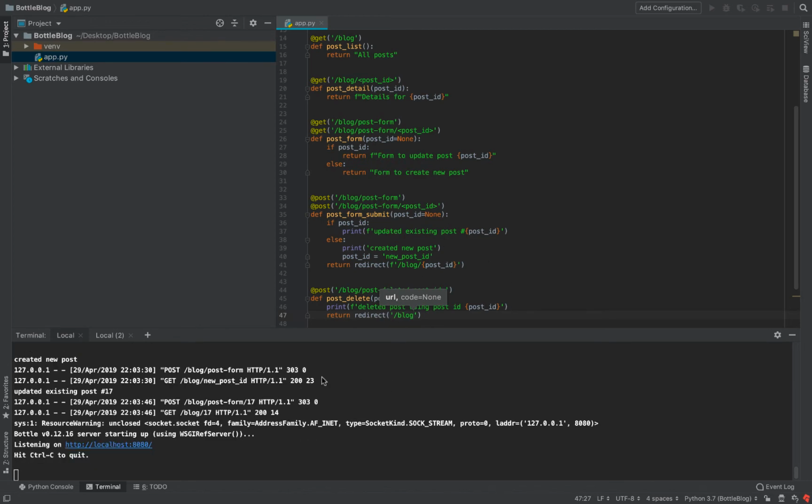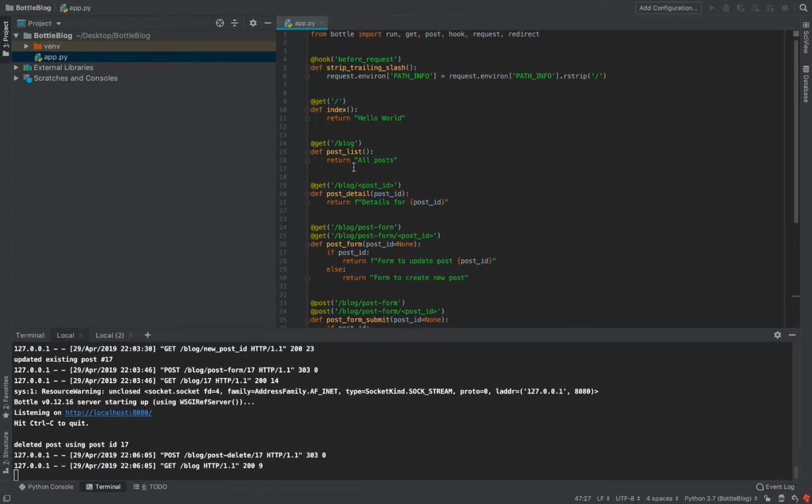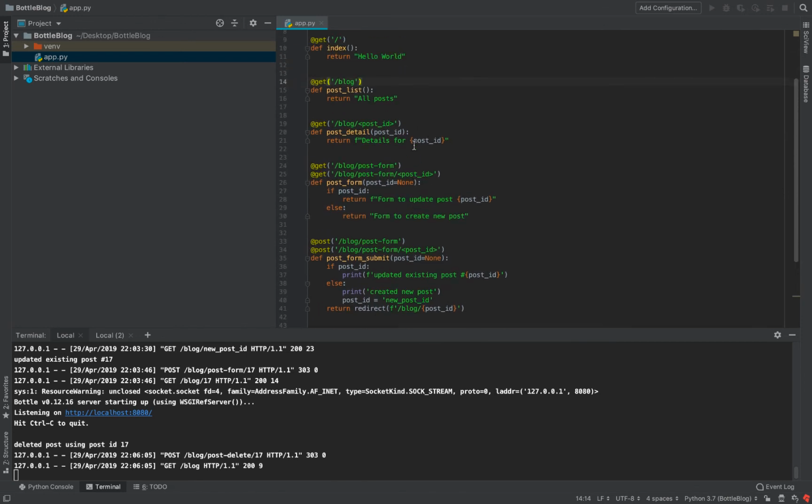So once we've done that and the server is restarted, if I come here and I send a post request to, we called it post delete, and say, sure, 17, I send that, and we get sent back here to the all posts, which if you remember is the blog route for the post list. So there you go, there we have it. We have defined how to create, how to read, how to update, how to destroy. That is the 4 major operations you want to do with a blog. We've defined all those routes rapid fire,